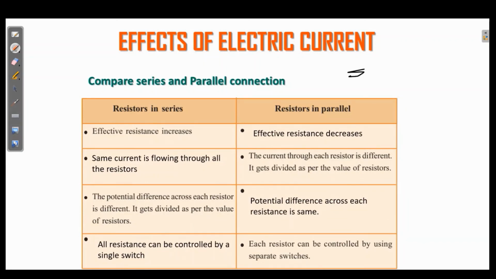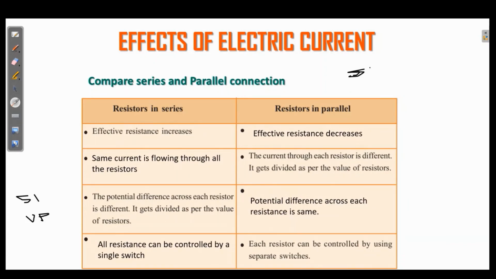Then next, we can remember the relation between current and voltage by a keyword: SI, V, P. S means series, I means current. In series, I is constant. Voltage is constant in parallel connection. So SI, V, P is a very important keyword to remember the relation between current and voltage in series and parallel circuits. Series, current constant, and voltage constant in parallel. Just remember it. That is very useful. We can learn other things in plus 2 and so on using the same relation, SI, V, P.